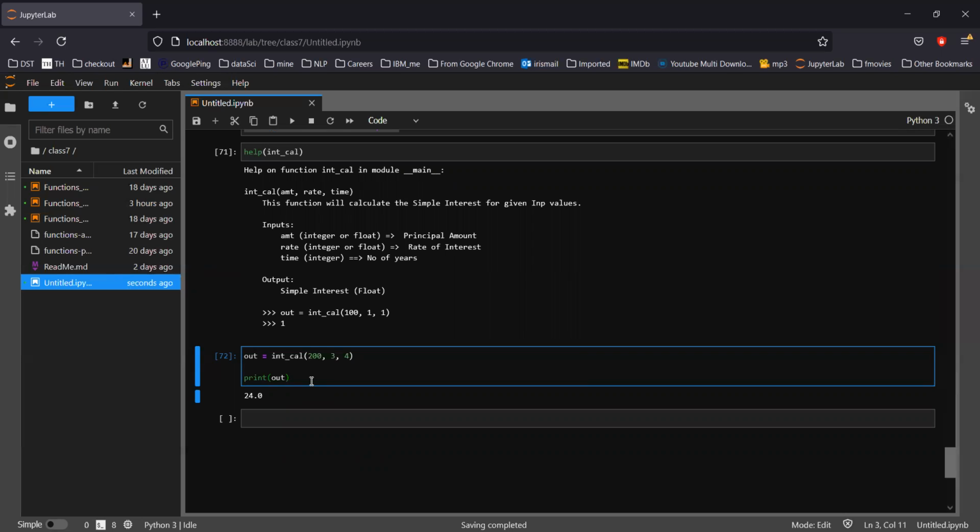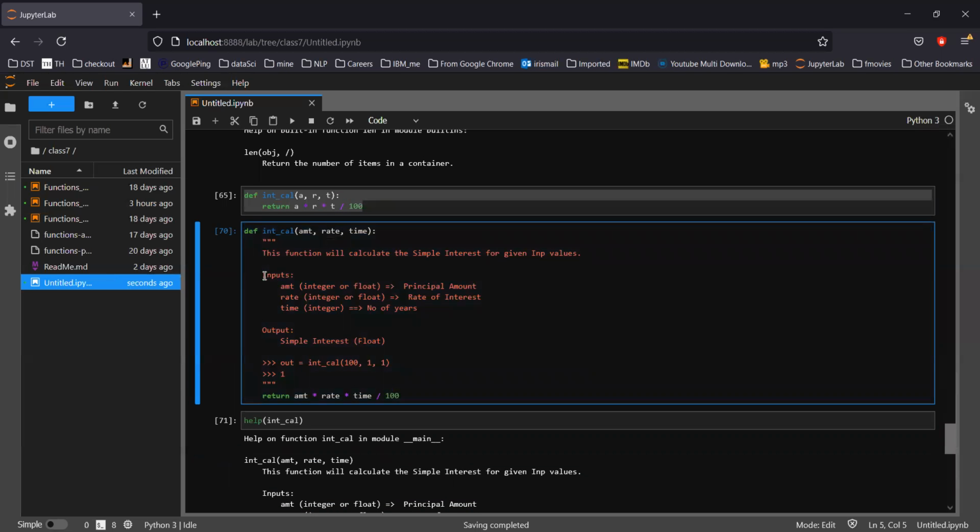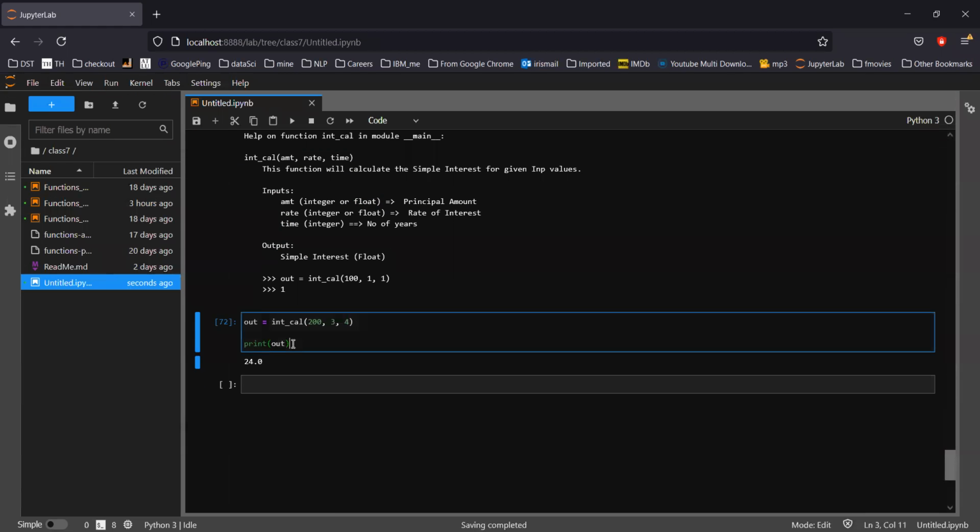What if there are 10,000 functions? What if there are 20,000 functions? Is it possible to define each function again in your machine and then execute? No, that's where libraries come into the picture. As we just discussed a few minutes before, libraries are very important in Python. That's where library functions come in, and how they work is pretty straightforward.